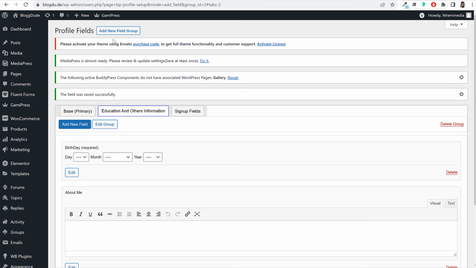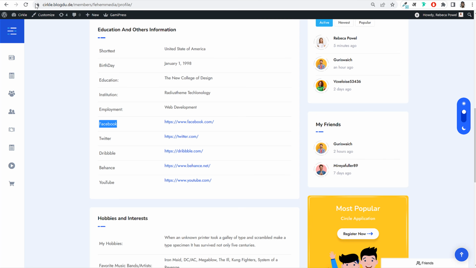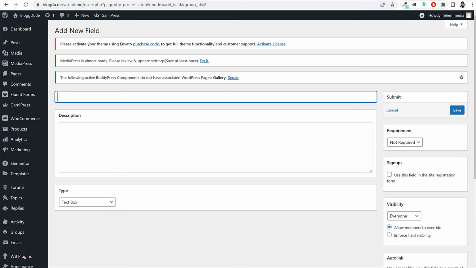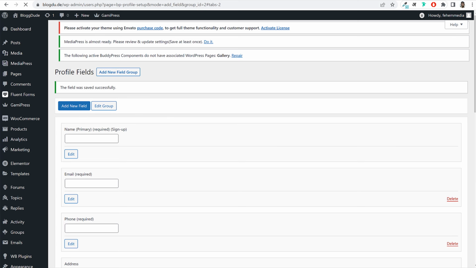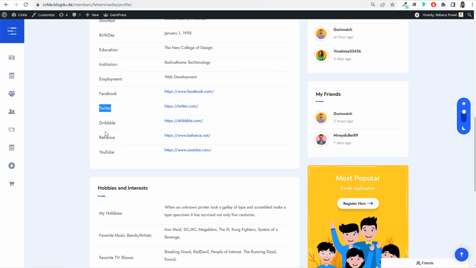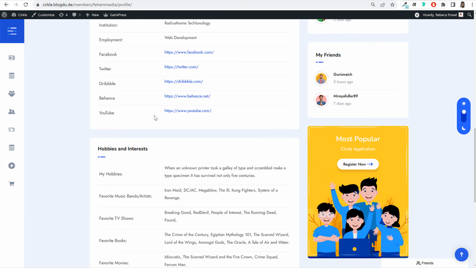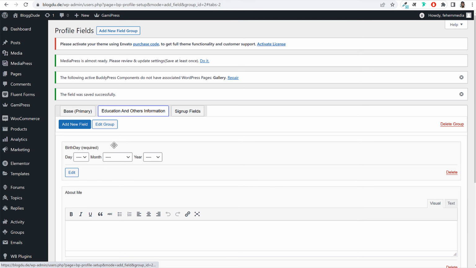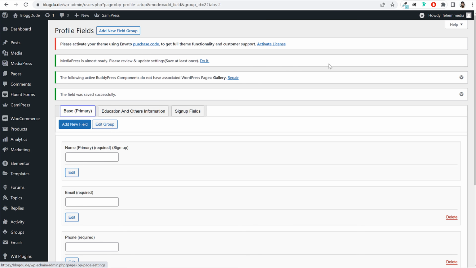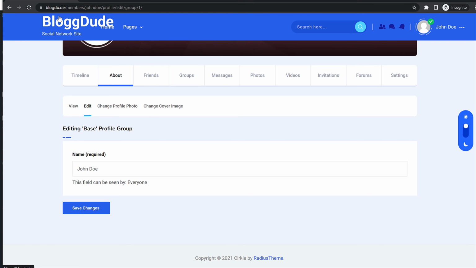Similarly for the other option as well, add new field, we have Twitter. This is going to be a text box as well, click on save. And similarly, you can add other options, you can add all the other links. Then after that, you can create a new group and add all the links. Okay, so everything is the same. We have already seen how to create a group and how to create other options under that group. Now, once you do this, if I come back to this incognito window, private window,